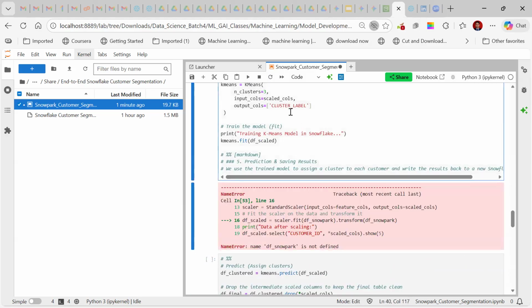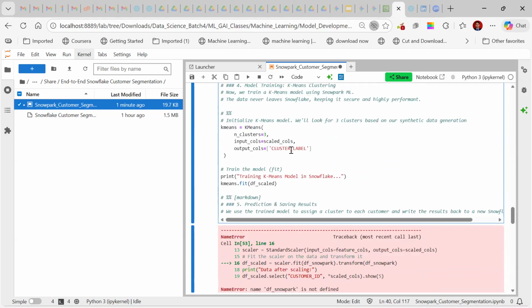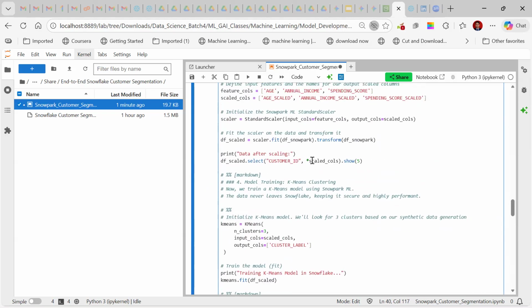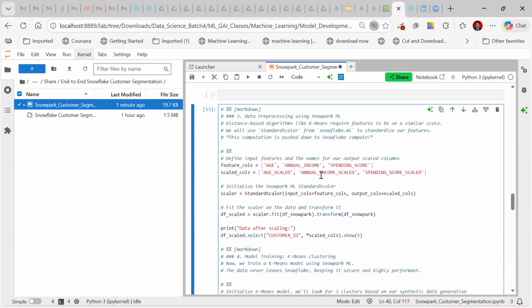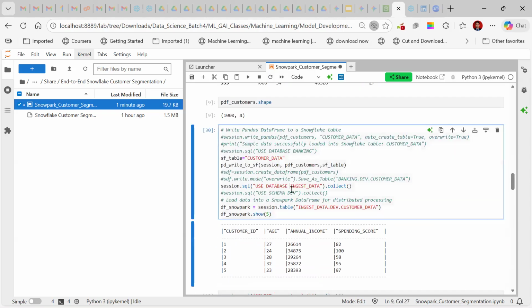Okay, df Snowpark not defined. Df Snowpark, where is it coming from? I need to run once again.